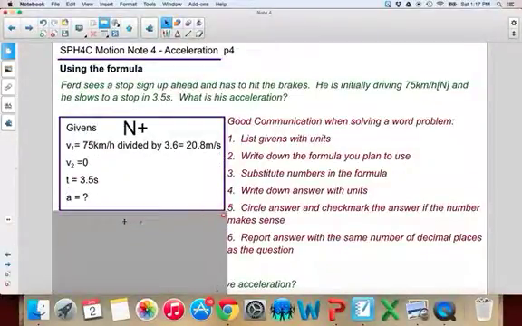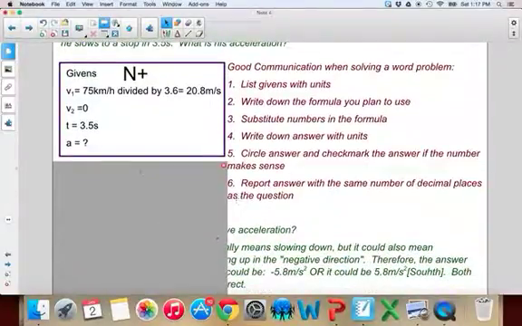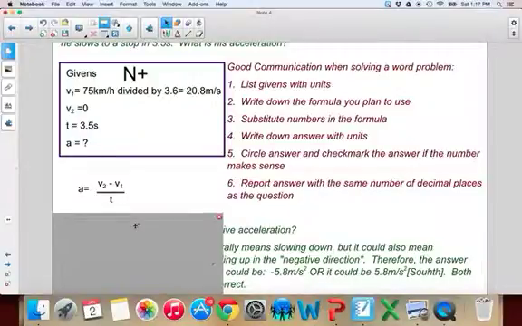So I've listed down my givens. There's all my other givens. We're looking for acceleration. Okay, so I've done this step, list givens. Let's write down the formula. You'll notice everything here is the same as the last page. So if you're writing this out, you might not want to write it out again. There's our formula. Again, not a lot of choice there so far. Soon you'll have to choose your formula, which I say makes it harder, but for now,